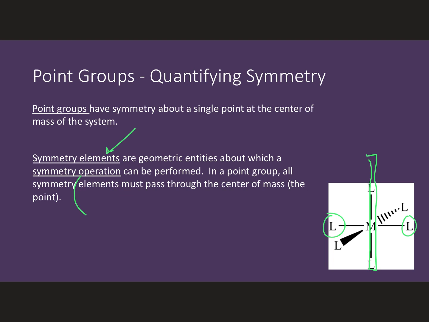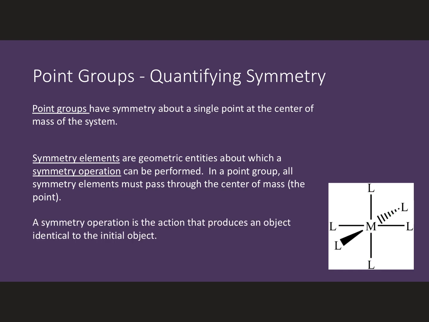So that's one way we could see what a symmetry element is: we have this mirror plane of symmetry. The symmetry operation is the exchange of those two identical ligands here. Okay? Again, a lot of this is going to sound really weird and abstract right now. Hold tight with it. We'll start talking about some examples, and it should make a little more sense as we go. Probably the biggest key point right now is that when we perform a symmetry operation,